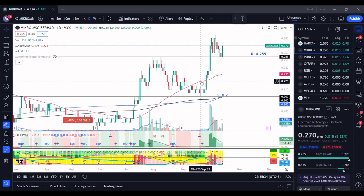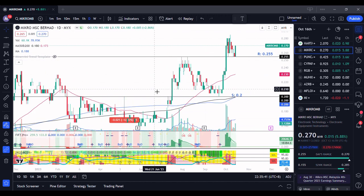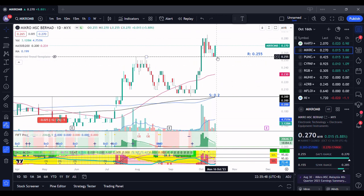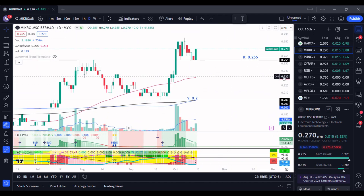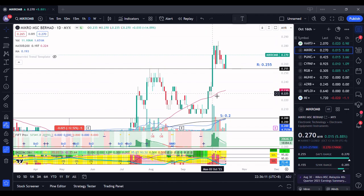Okay, next, this is MIKROMB. This is a very penny stock, so you can see that it's kind of like a barcode. I usually don't like barcode, but this one is a bit interesting for me, because even though it's barcode, it follows the resistance and support level, which is here to 0.255. You can see this one breakout very nice, very nice volume coming up, breakout already, then hold about here at 0.255. Then see whether the support can hold or not. But the volume on Friday is not bad compared to the previous 3 days. But this is a penny stock, so